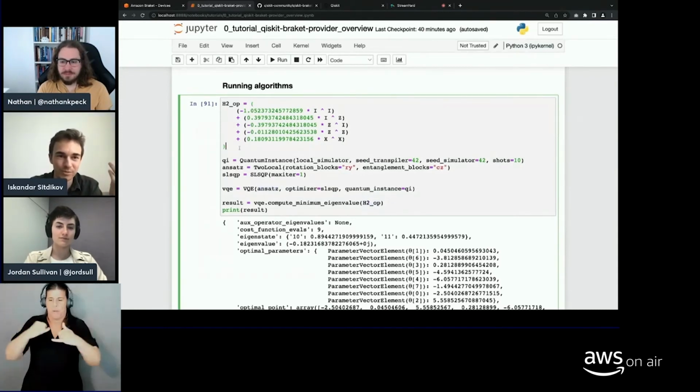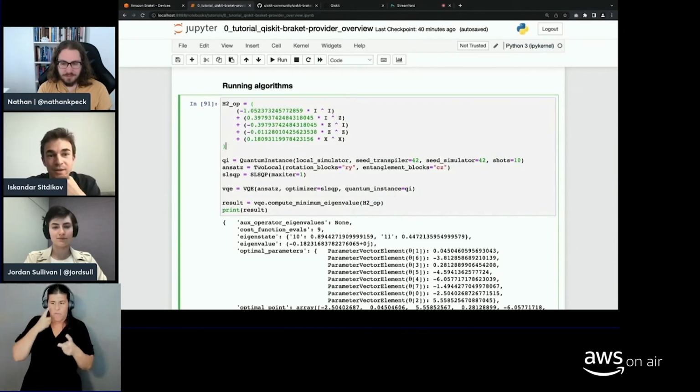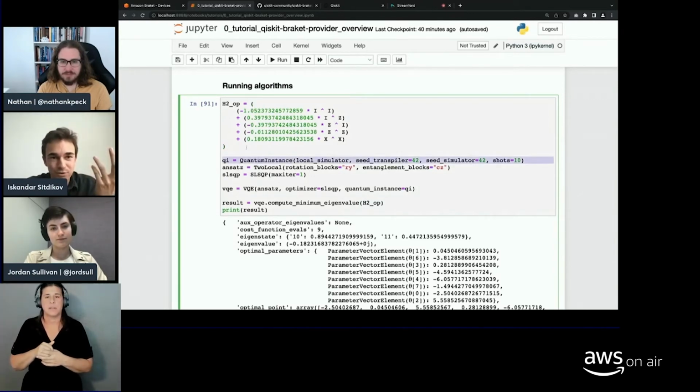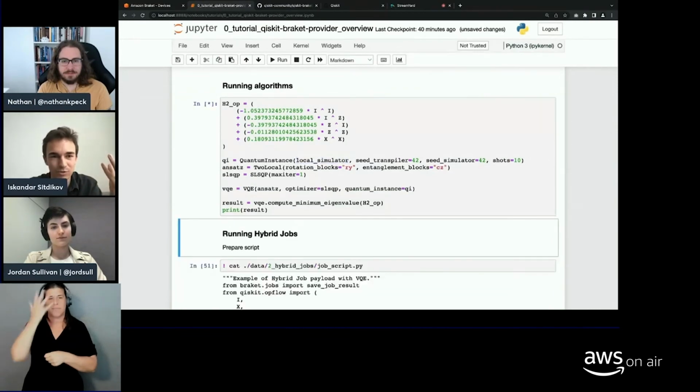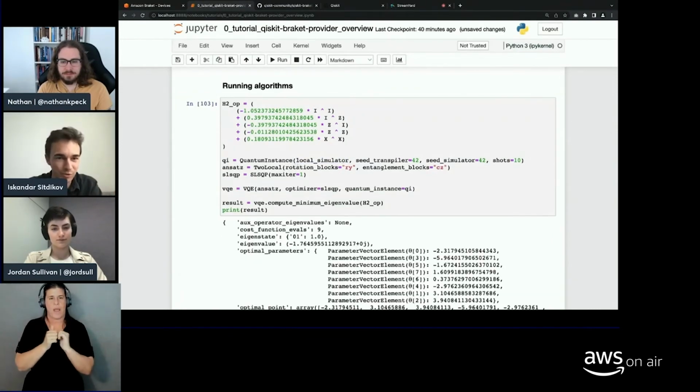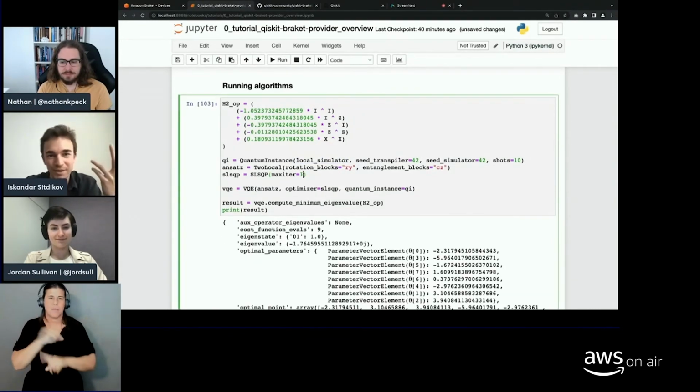That you're gonna be getting eigenvalues for. So what you need to do is to again define your problem, define the quantum instance, which is a wrapper around our backends or devices. You call it anyway. In that case, I'm using a local simulator just to showcase quickly how it runs, and it will be done in a second because I didn't put any iterations in here, but you get the point.